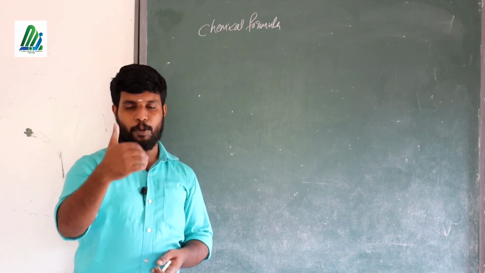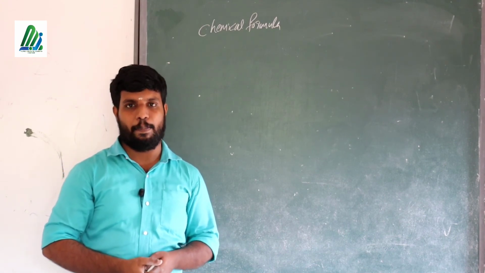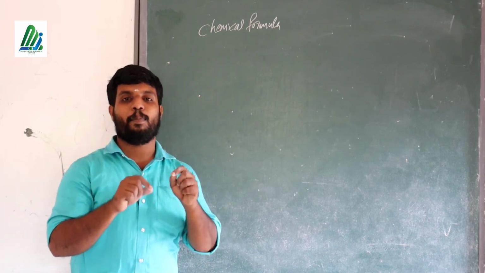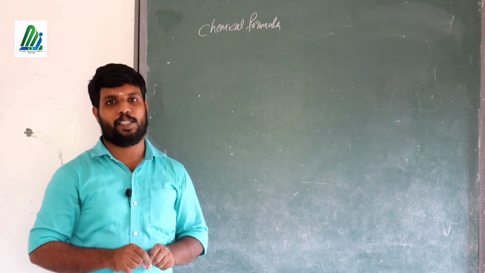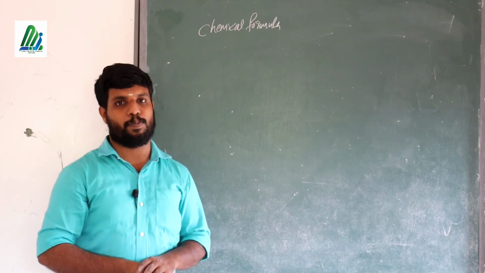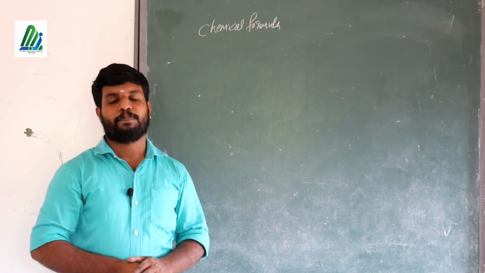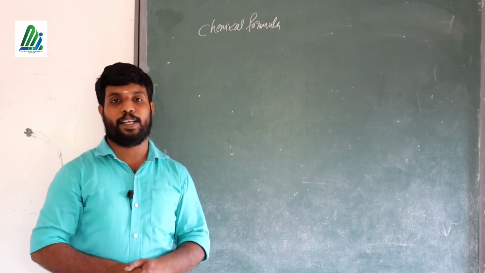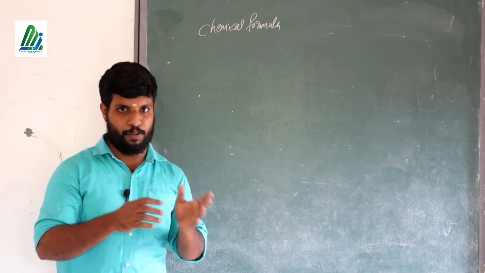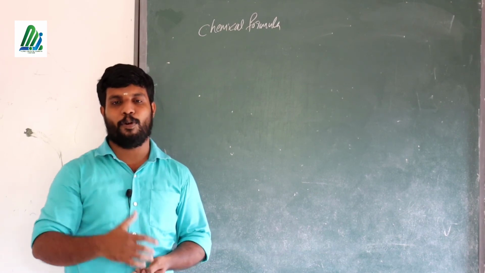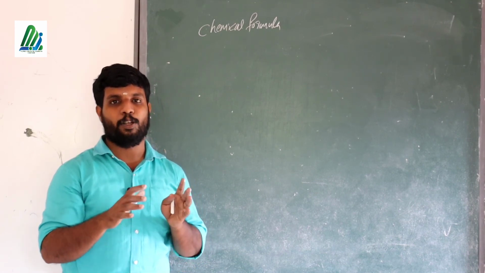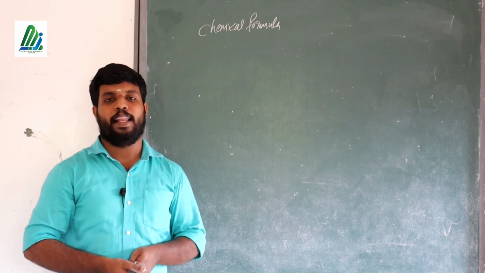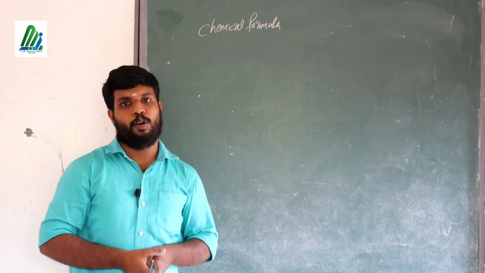Students, up to here we have completed our second chapter, chemical bonding. All of you study this chapter well and complete the questions given in the Let Us Assess portion of your textbook. Write the questions and answers. Before that, study the chemical bonding chapter well and complete the notes and given activities. Later, write Let Us Assess in your notebook.